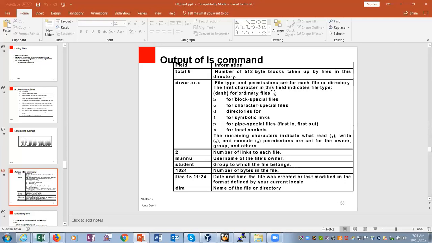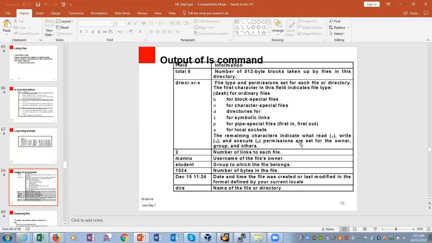The first character in this field indicates the file type. Dash for ordinary files, d for directory, b for block special file, c for character special file, l for symbolic link, p for pipe special files, s for local sockets. So these are the significance of the first character.